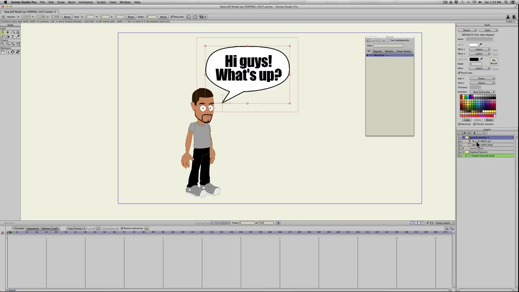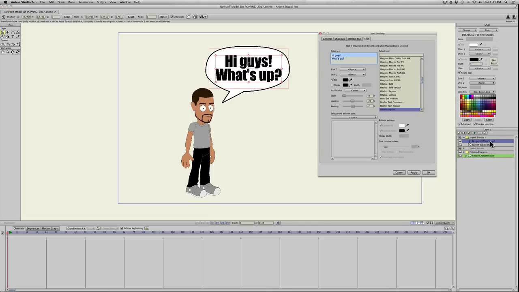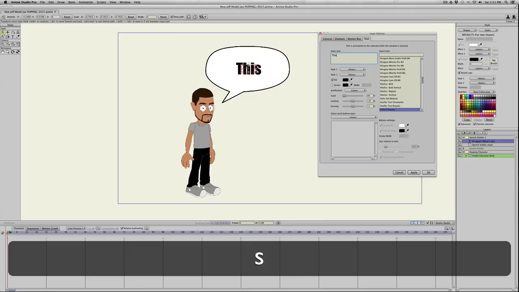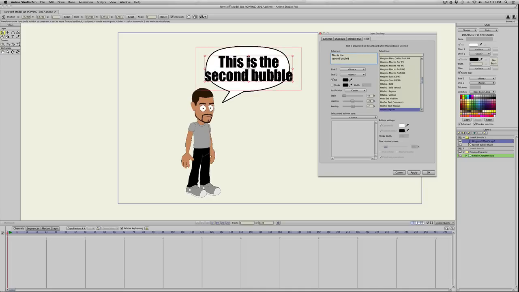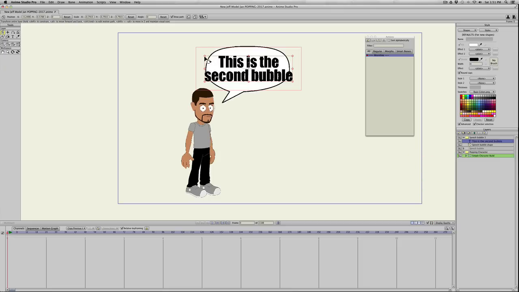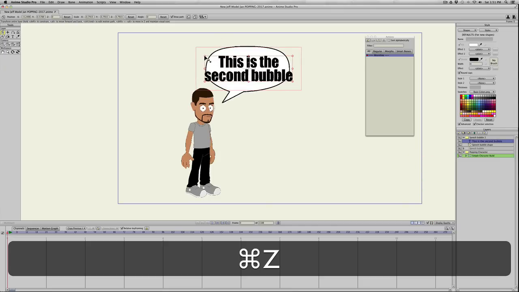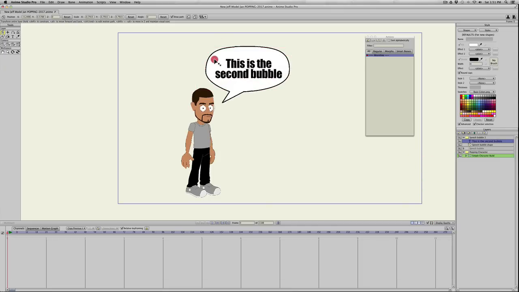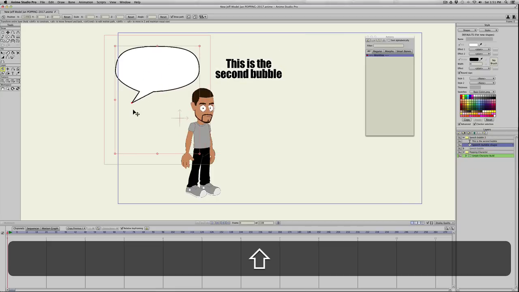So we'll go into the text, double click it, and I'll say something. This is the second bubble. And I'll go ahead and hit OK. I'll shrink it down, clicking on that corner. Let's go ahead and move the shape. Move it over here. This time I'll hit T,